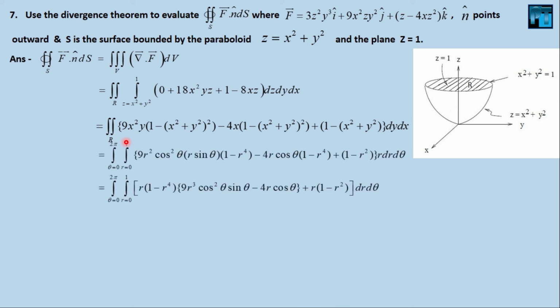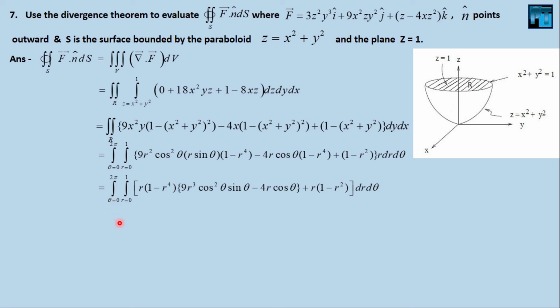Now let's put the two-dimensional polar equation like x equals r cos theta, y equals r sin theta. After putting the values and simplifying the formats, we have this thing. Now see, there are 3 integrations. This integration containing cos squared theta sin theta, this integration containing cos theta, and the purely r type integration. Now you can do the maths like first r integration, then the theta integration. But this cos squared theta sin theta and cos theta within the limits 0 to 2 pi is very unique.